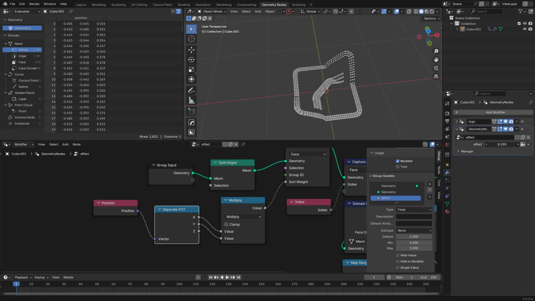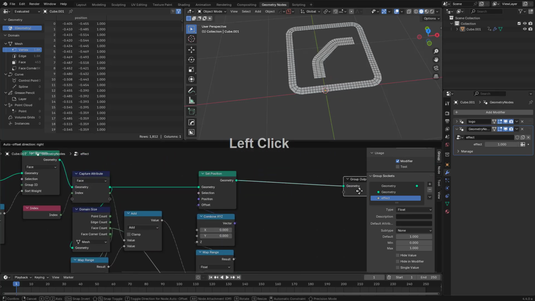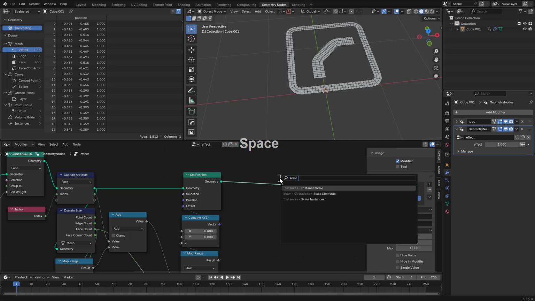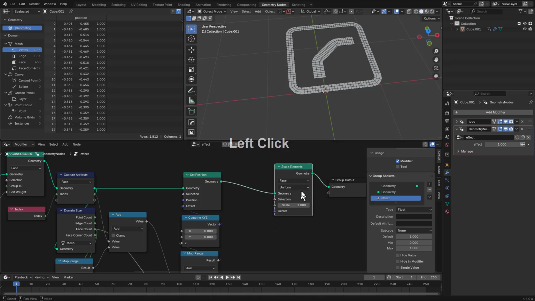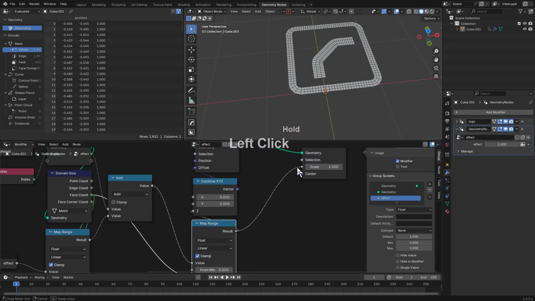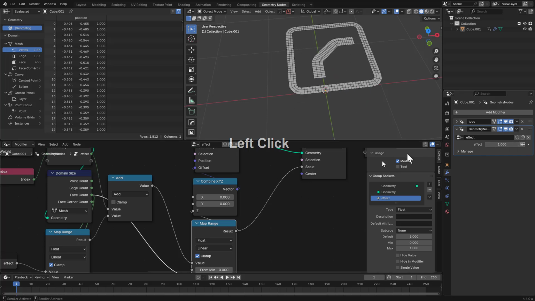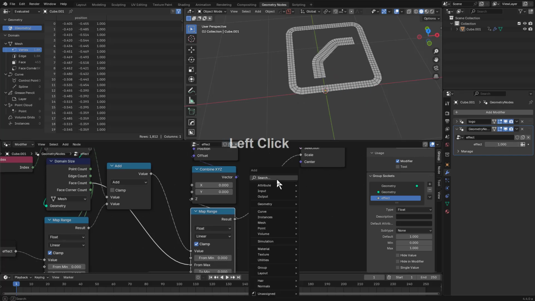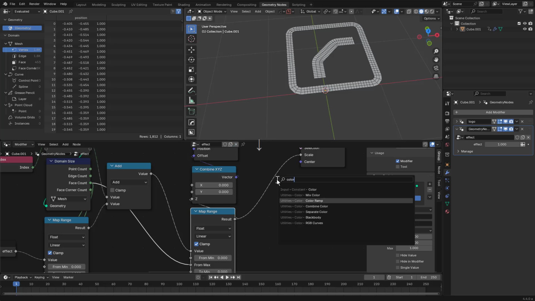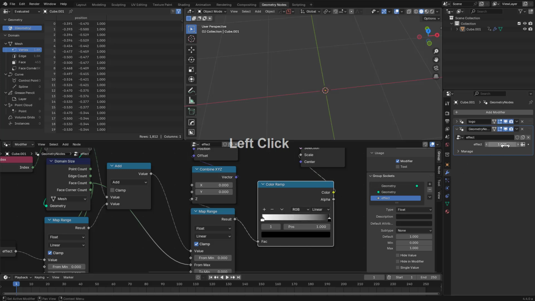So we also want to maybe shrink the logo out of existence, or at least shrink the faces out of existence as they get higher. So let's go with scale elements. And with scale elements, once this thing reaches the apex, we can actually adjust its scale. So let's see what that looks like. Right now we see that as it goes down to the bottom, it's giving us the desired effect. However, for us, we want the opposite. So, you know, the quickest way to get the opposite of something for me is a color ramp, just because we can just flip it. So now we have the logo